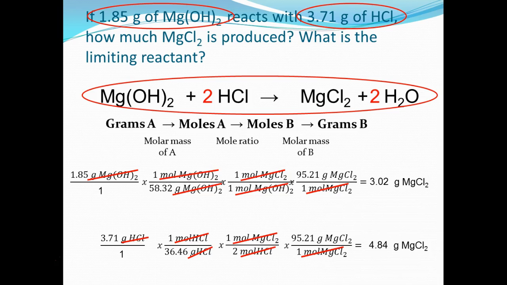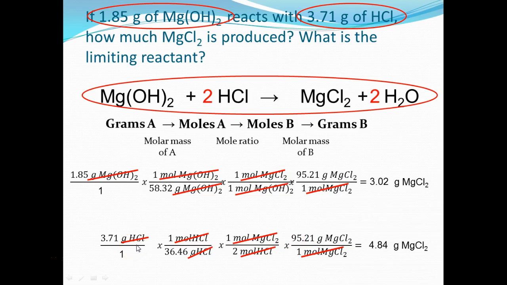So we just have one step left here, and that's to determine which one is our limiting reactant. And what these two equations are telling us is that if all 1.85 grams of magnesium hydroxide are reacted, we would get 3.02 grams of magnesium chloride. If all 3.71 grams of hydrochloric acid were reacted, we would get 4.84 grams of magnesium chloride. So